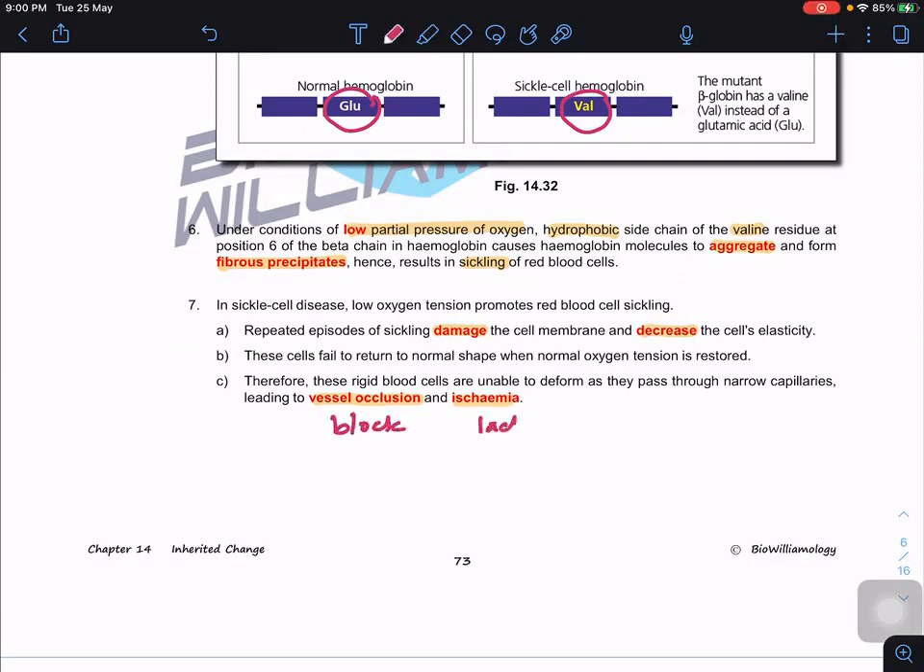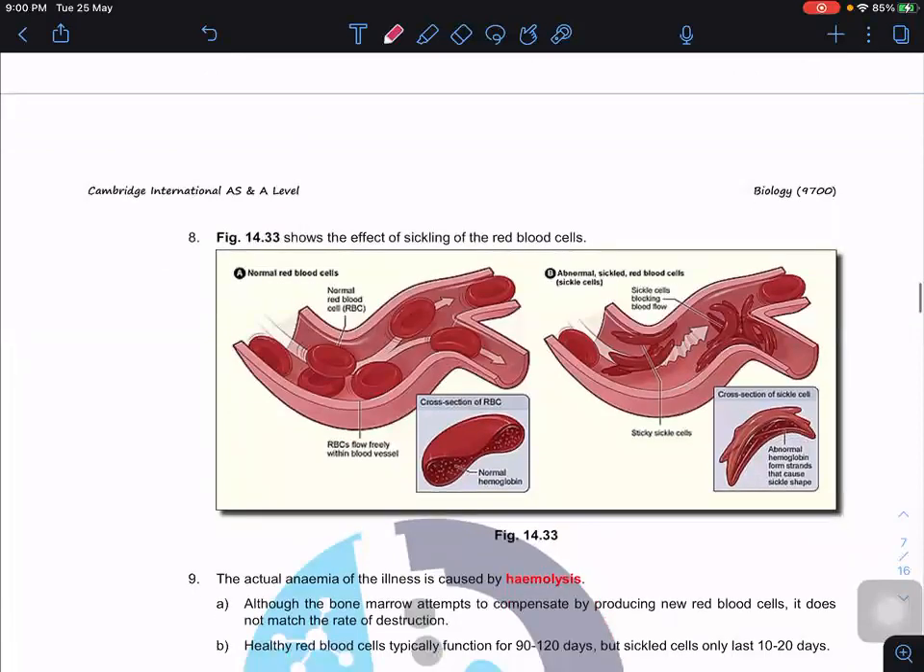Ischemia means the lack of oxygen. So you can see what actually happened here. The original red blood cells have elasticity, so they can squeeze through the small capillary. But the sickle cells, because of the precipitate, form a fibrous precipitate. Because of this fibrous precipitate, they now clog and block the blood vessel or